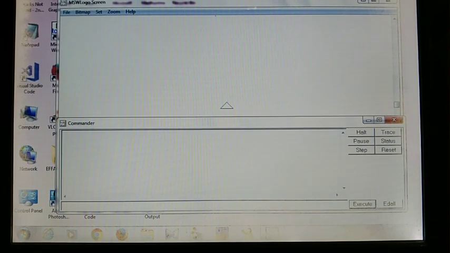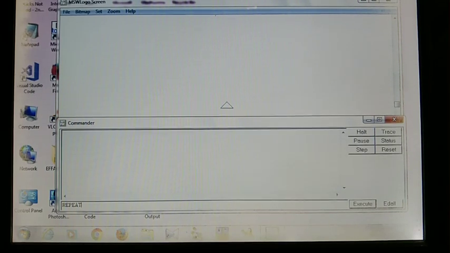Then I want to draw the same triangle by using the repeat command. REPEAT space, the number of sides is 3, so I put 3 here. Then put the square brackets.